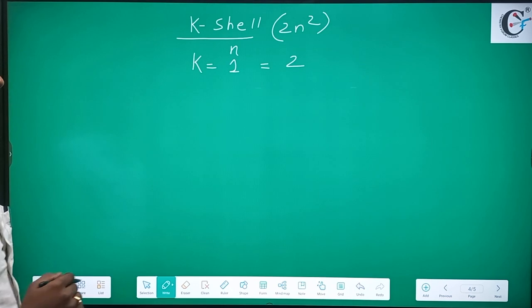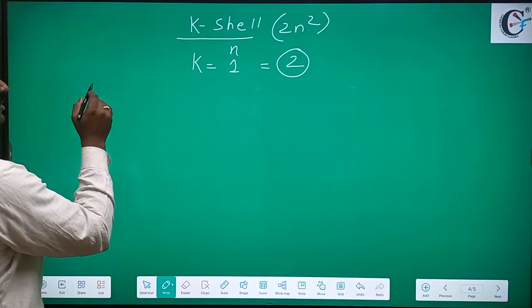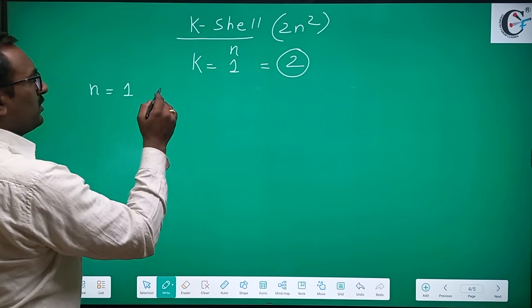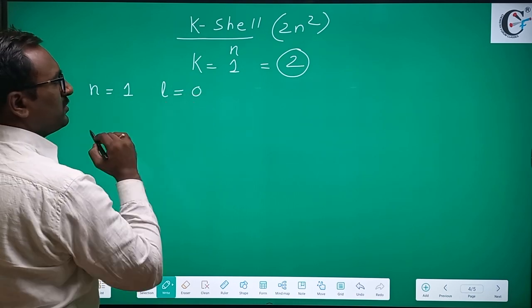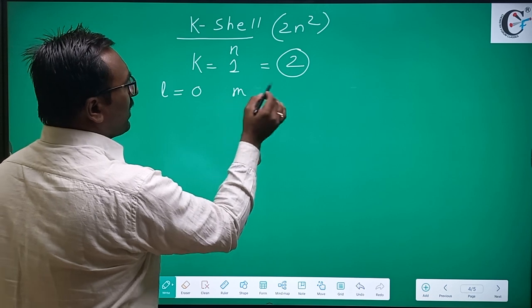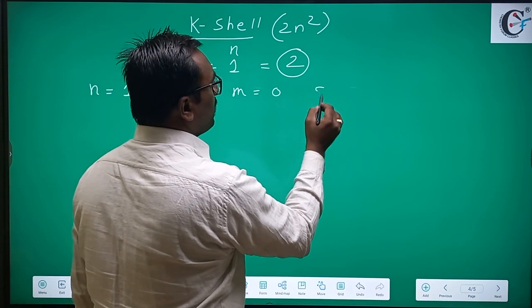Okay, now these 2 electrons, how are they distributed? First of all, principal quantum number n is equal to 1, l is equal to n minus 1, therefore it is 0. Okay, m value, magnetic quantum number, is equal to 0,